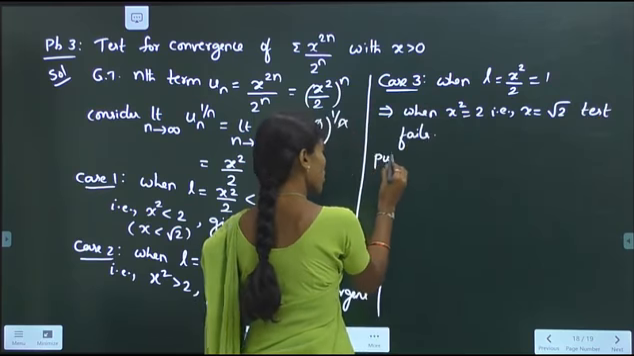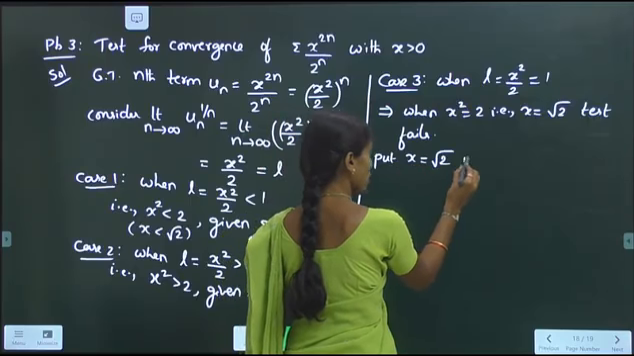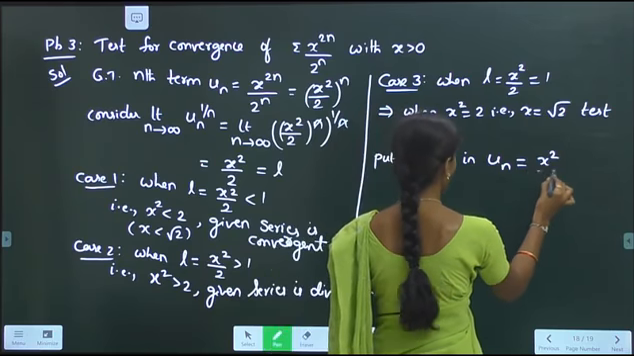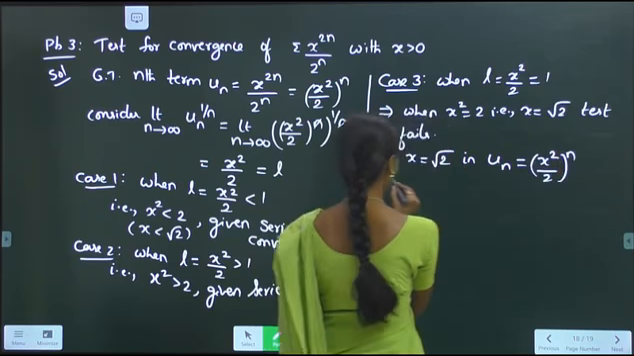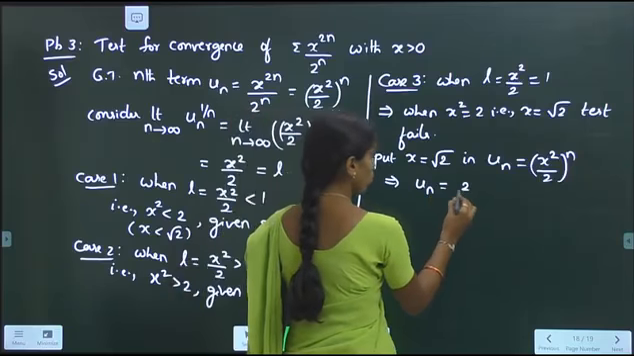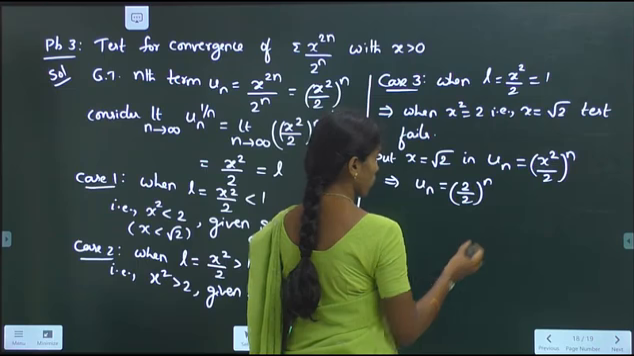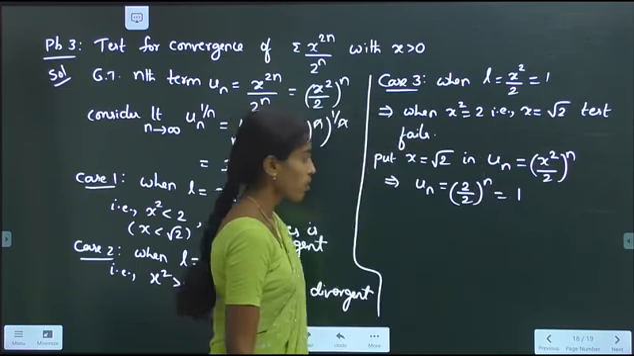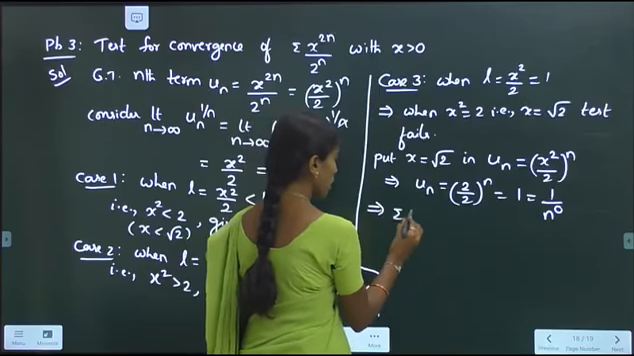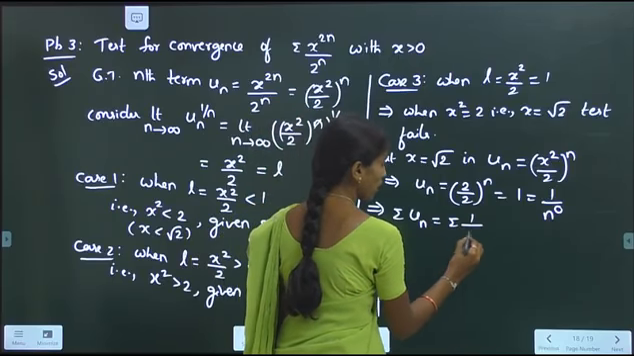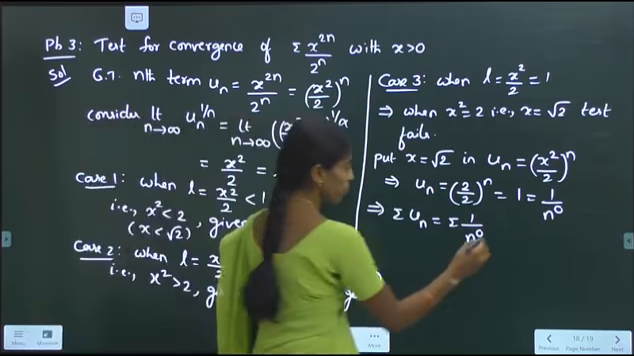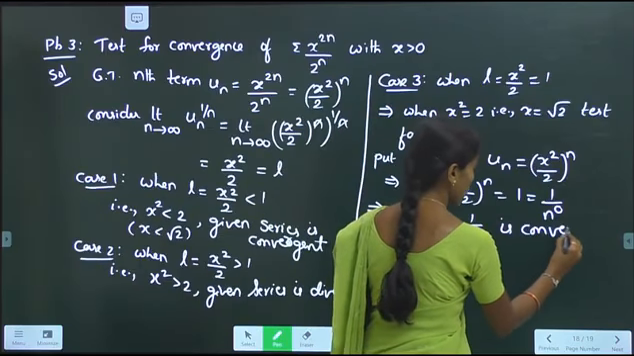So whenever the test fails, we have to substitute the corresponding x value in un value. What is un here? X square by 2 whole power n. So it becomes x square is equal to 2, so 2 by 2 whole power n. It is nothing but 1, right? So 1 can be written as 1 by n to the power 0. Implies sigma un is equal to sigma 1 by n to the power 0. It is in the form of summation 1 by n power p, which is convergent